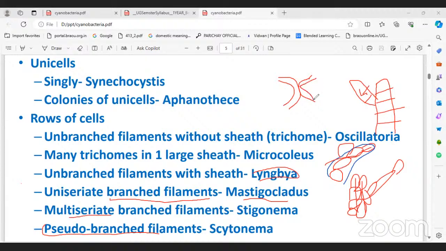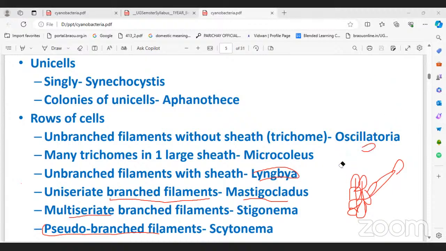Here, how many Scytonema? Two Scytonema. But the two Scytonema are attached with a slime layer. With this attachment, it looks like a branched one. It looks like a single one. It is a single with a branch. But they can be easily separated. Both can be easily separated from each other, and that's why it is not a true branch. It appears like a branch, but not true. This type of thallus is called pseudo branched. Example Scytonema. Don't forget the headings and also the diagram. Just write a rough diagram. That is enough for you, right?